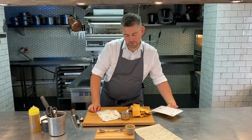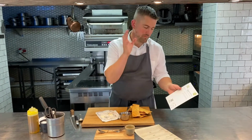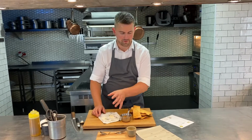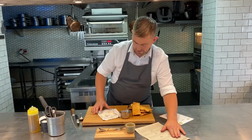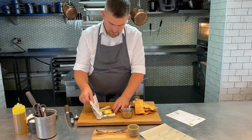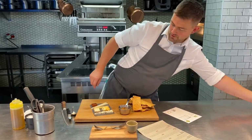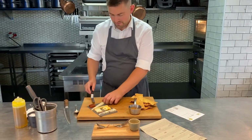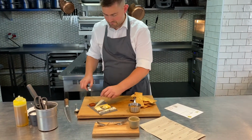Last course of this week's Chef menu is our cheese course. So remember, you've got your little notes here, which will say to you to make sure this is warmed up for about 15 minutes at room temperature before you serve it. And then of course you've got your separate cheese notes to go alongside. So just unwrap your cheeses. You've got the greaseproof there, that of course can go in your compost bin. And then you've got your cheeses all set out here. So just then add them to your